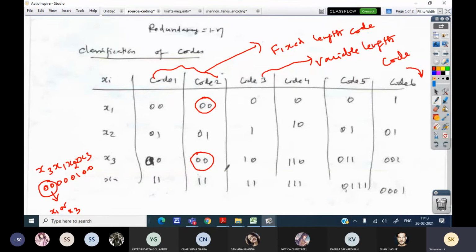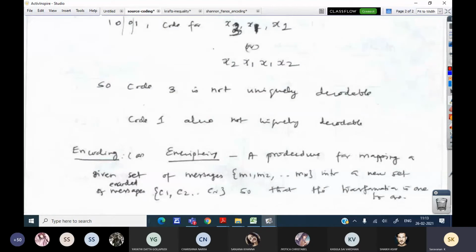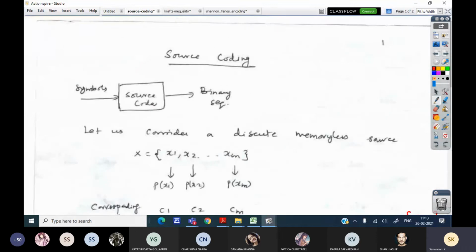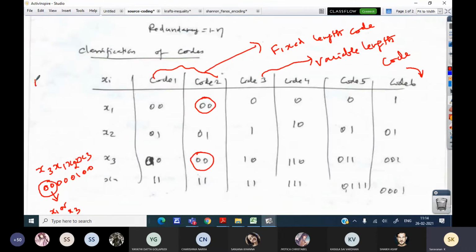Now when I send 1001, I can take the same table. Suppose I am using code 3 and I can decode in this way, or in this way, 0, 0, 1.